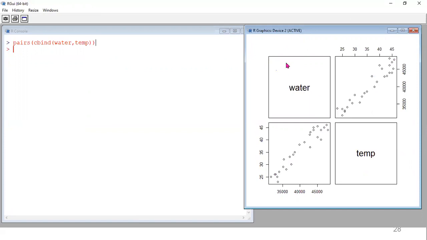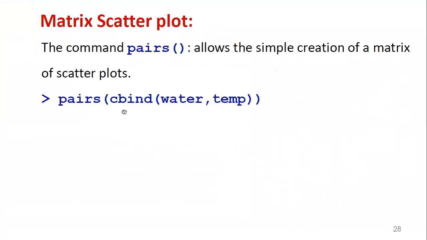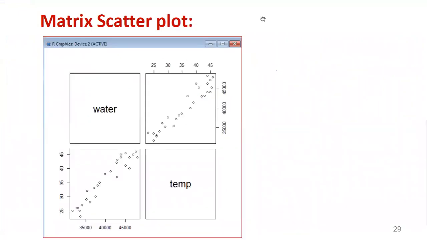On the other diagonal, it shows the labels water and temperature. So this is the output of the matrix scatter plot graph using the pairs command. Yeah, this is the output we demonstrated.